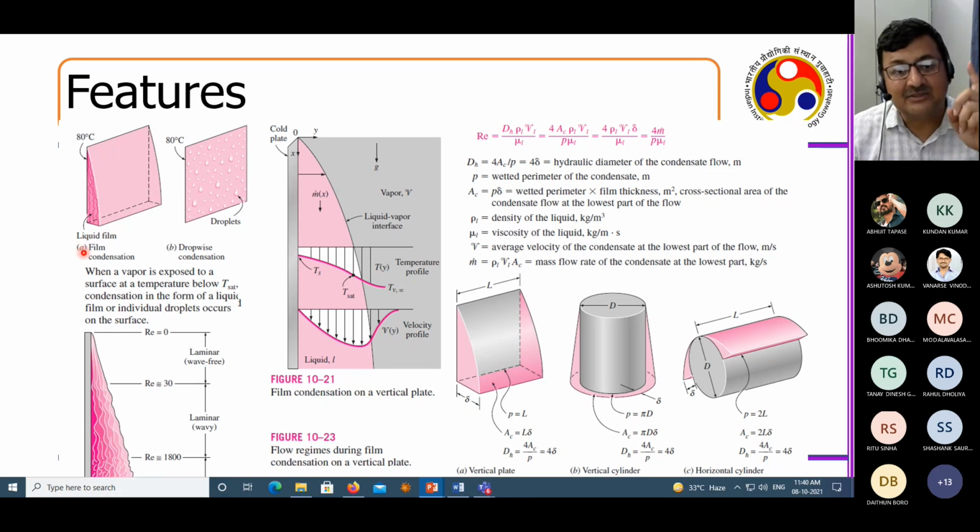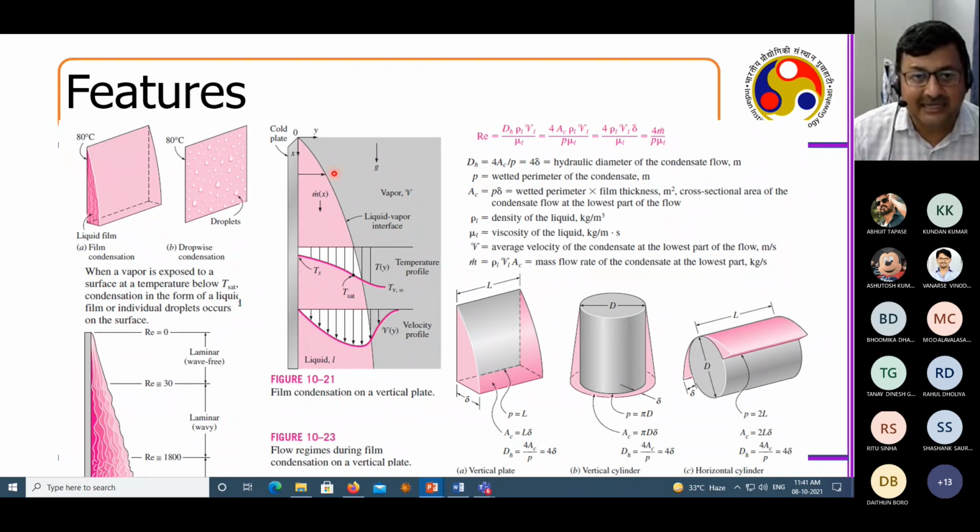However, the most practical situation is a mixed mode of these two. In any condensation, you will not find it to be purely one, other than in very, very specific cases where it is purely drop-wise or purely film-wise. In most situations, you will find the mixed mode. The only thing you have to decide is whether it has more drop or more film, whether it appears more drop-wise or more film-wise.